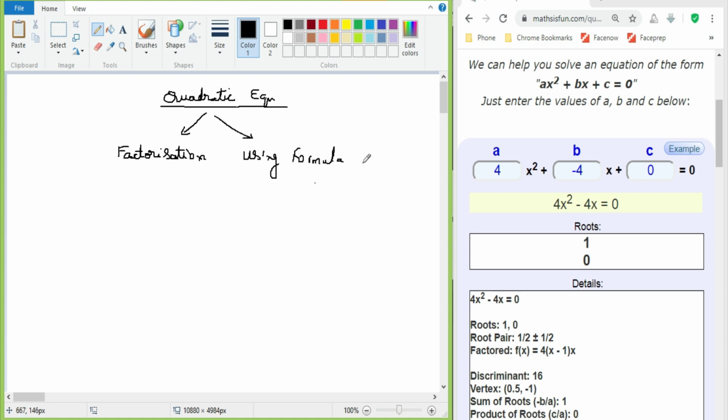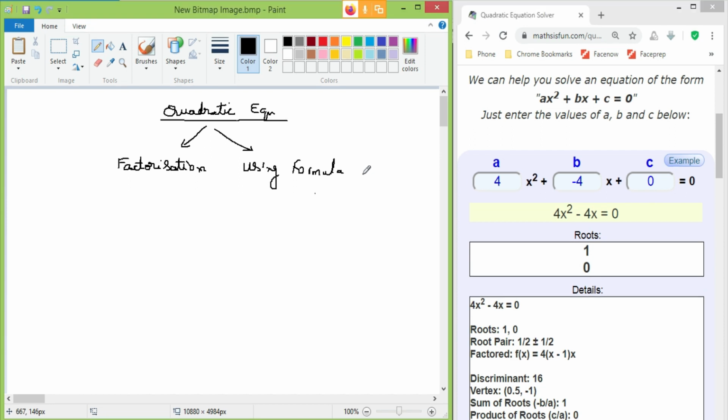There are a few other methods also, guys, like completing the squares and all those things. But here I'm not going to use the actual formula because using the formula will take a long time, right? But we are going to use one shortcut which will help us get exactly the same answer as the formula. We are going to reduce as many steps as possible while getting the answers from the formula. So we'll look at a normal factorization first. After that, we'll go with the questions which cannot be factorized.